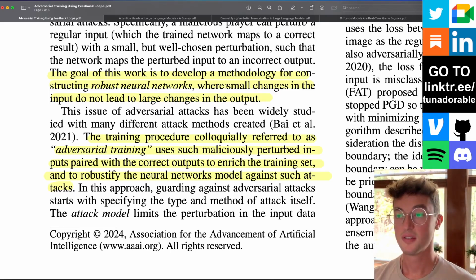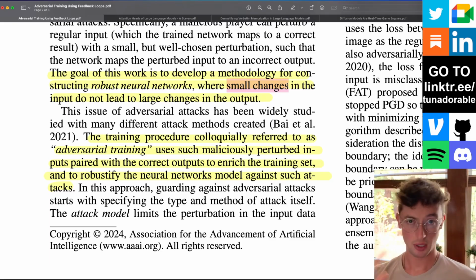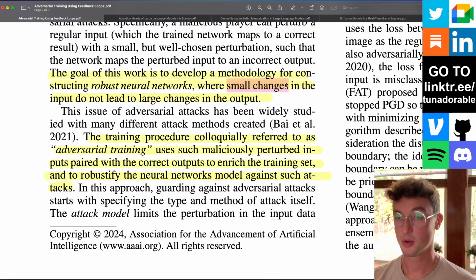Now, how do we usually find these small changes? It's pretty simple. We just look at gradient descent, right? I'm not super clear on how it's actually done, but you take either the input you already have or the desired output, not quite sure about that, and you look at your actual input and check the gradient and move in steps of the gradient that lead you away from the regular output towards some other output.